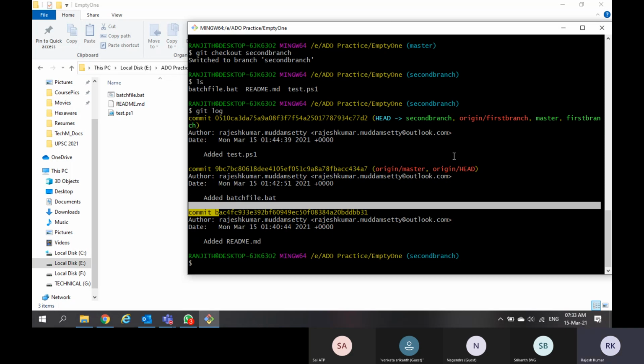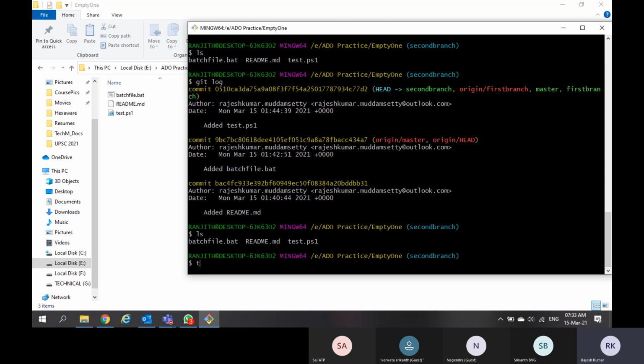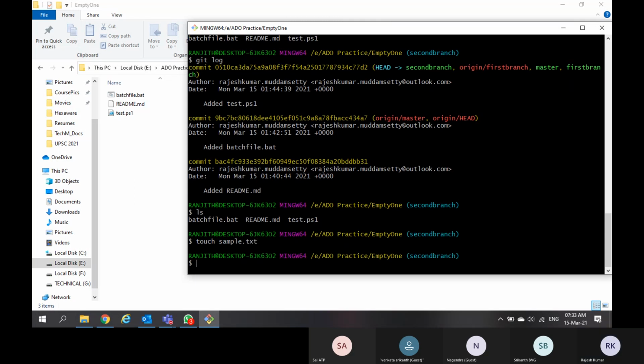Now I will create a new file in the second branch. There are only 3 files right now. For new file creation in the Git Bash window, the command is touch and the file name. Now I will create sample.txt.